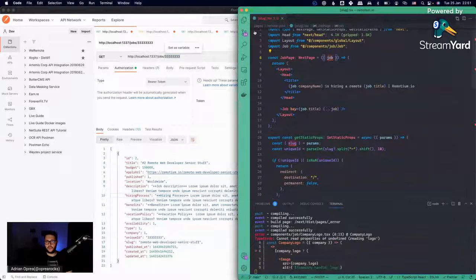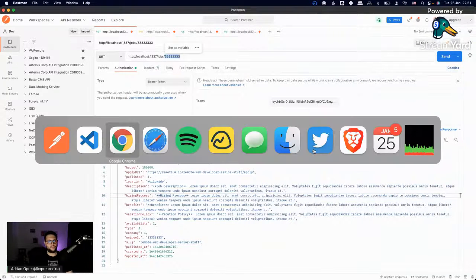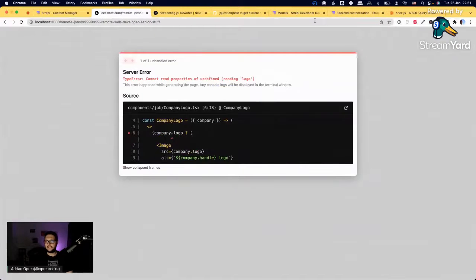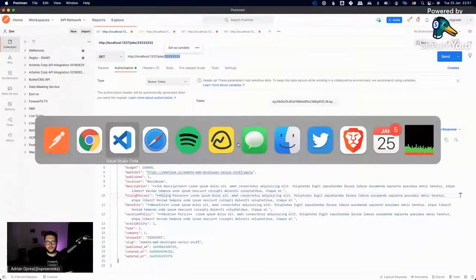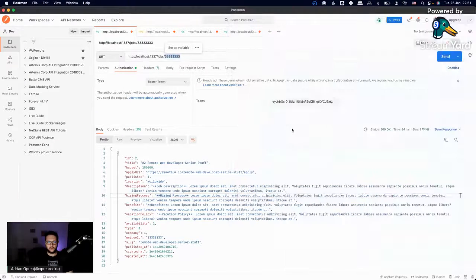Should I be getting an array here? Oh, now I see. It's actually the query that I wrote here that is returning an array. It's always going to return an array with one element, but because I haven't limited it to one element, I